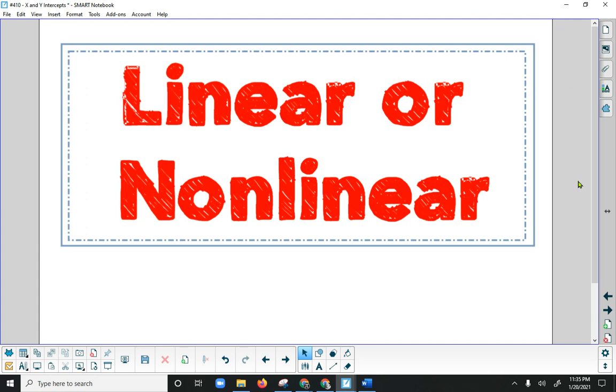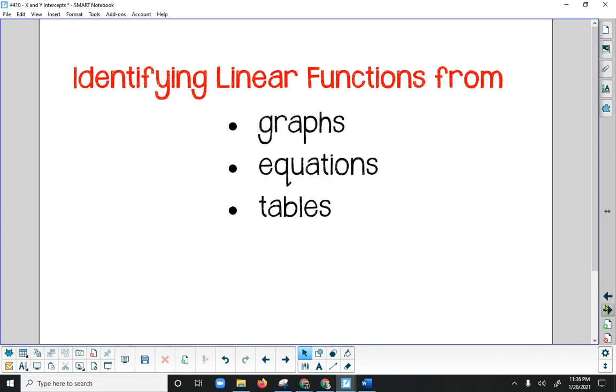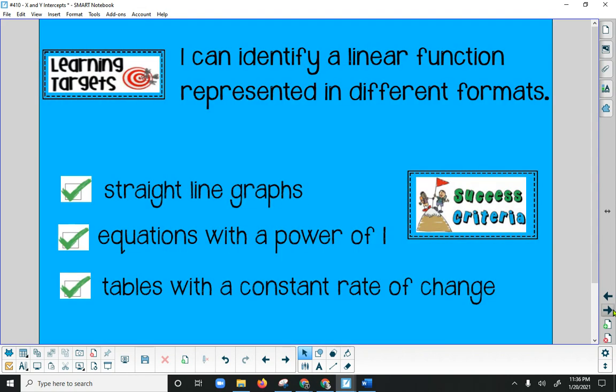In today's lesson, you'll determine whether a relationship is linear or nonlinear. The three formats that you'll be looking at today are graphs, equations, and tables. By the end of this lesson, you should be able to say that you can identify a linear function represented in different formats. In order to be successful, you have to understand that a graph that is a straight line